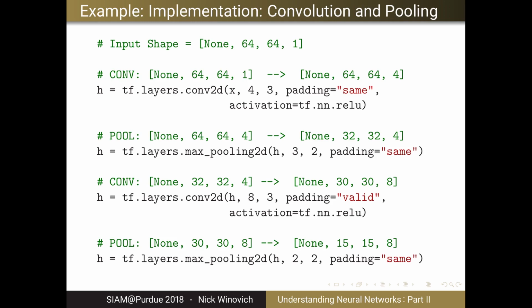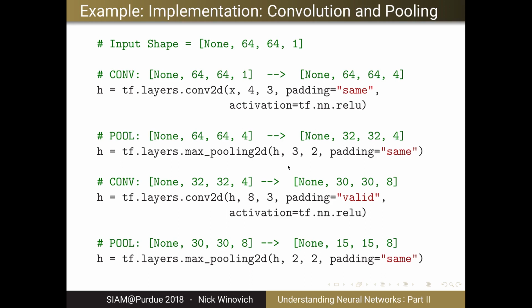And now just going back to some TensorFlow, for the rest, I'll try to show how to implement these in TensorFlow as well, and also some of the more advanced convolutional layers. So if we want to implement convolution and pooling, instead of using convolution with stride, for instance, we can use a tf.layers module and define a network which takes, say, an input of 64 by 64 with 1 channel and creates 4 features using filters of size 3. Add a ReLU, and then after that, I can take this max pooling layer and apply it